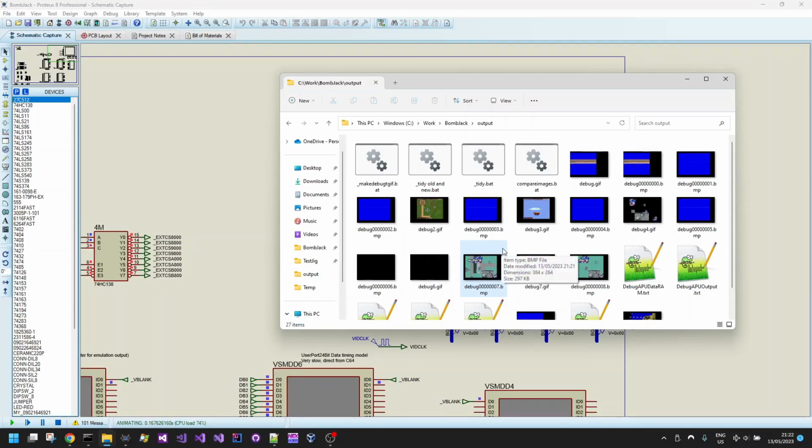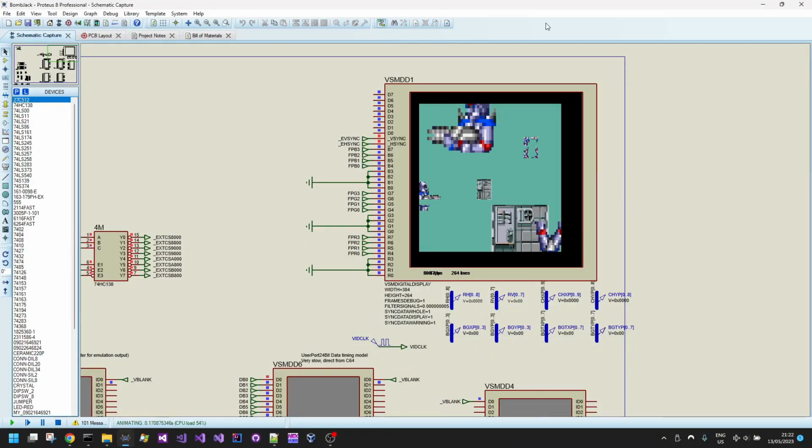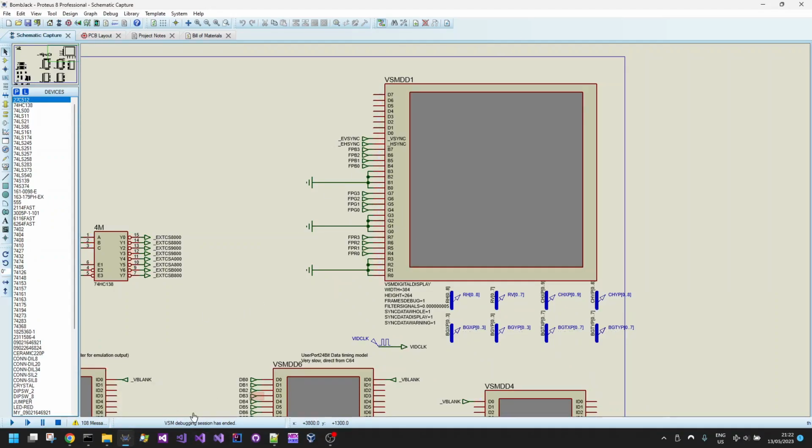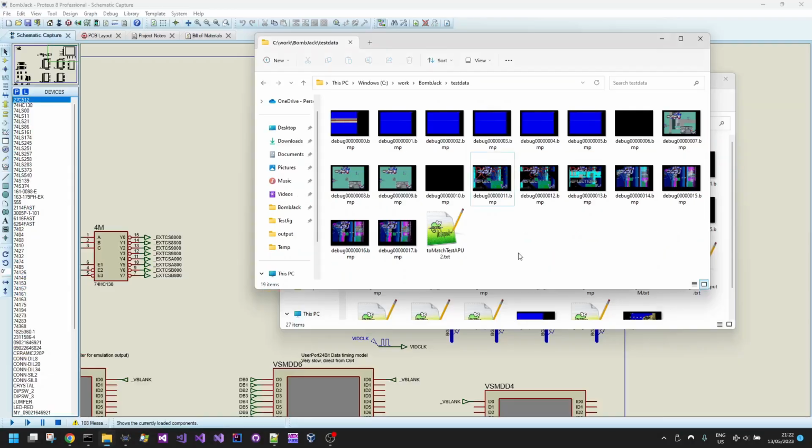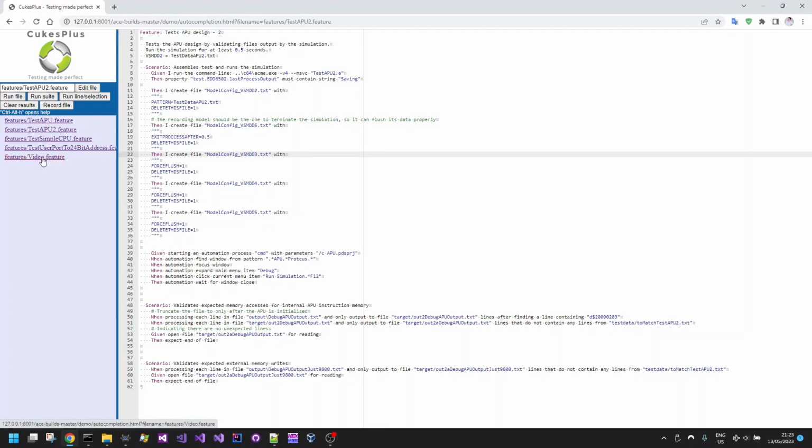Or what I should be doing is relying on the automated testing. So I have the concept of being able to automate the testing by running this simulation using software test automation, and then capturing the output images, and comparing the output images captured in the simulation with output images that I have previously validated as being correct. And this is my golden source test data. And so the automated test can validate between these two to check for differences,